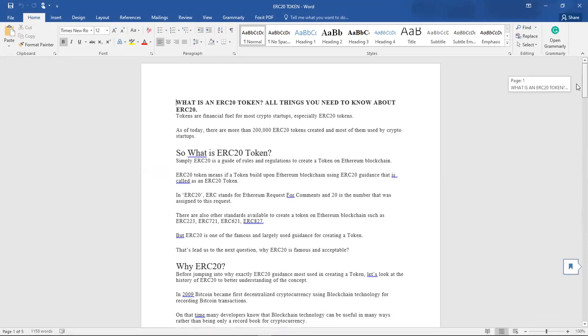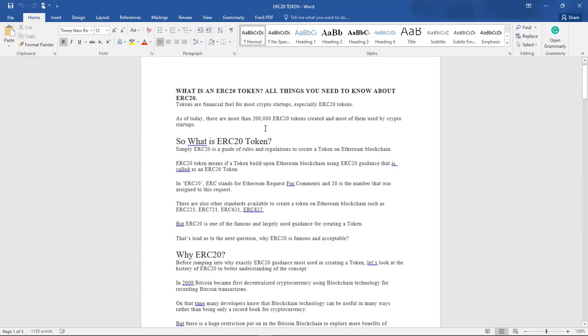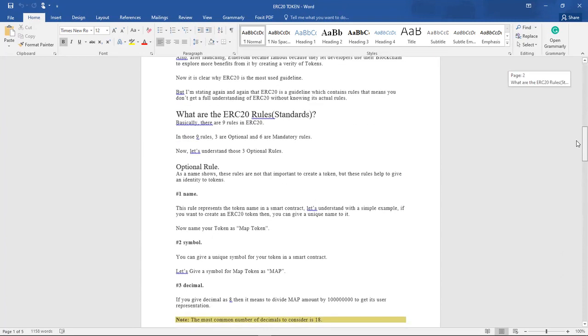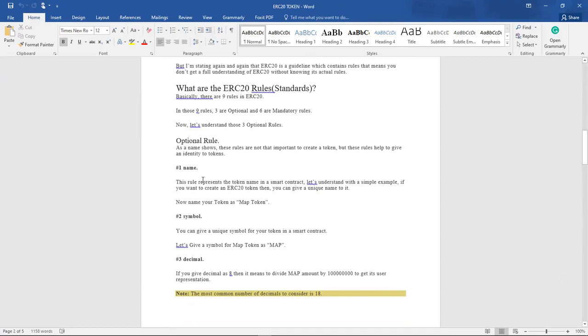We also talked last week about what ERC20 tokens are, and the major functions or rules that are followed when you're creating a simple ERC20 token. We have the name, the symbol, and the decimal, and we defined what all of these rules do. We have optional rules and mandatory rules that your ERC20 must abide by.